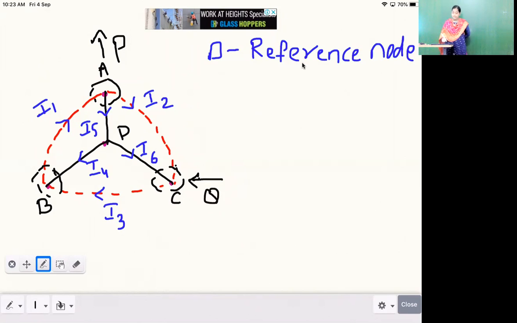Right? Similarly, coming to B. So B has I3, I4, I5. Out of this, 3 and 5 are my links and 4 is my branch. So I have to see the direction of the branch current, which is entering the node B. So I have to draw the current direction entering the node and let us rename this node as R. So now I have three new nodes which are P, Q and R. Out of P, Q and R, P is the one which is leaving the node, whereas Q and R are the ones which are entering the node.